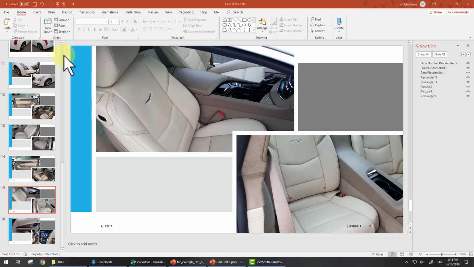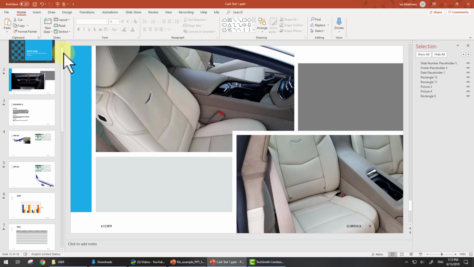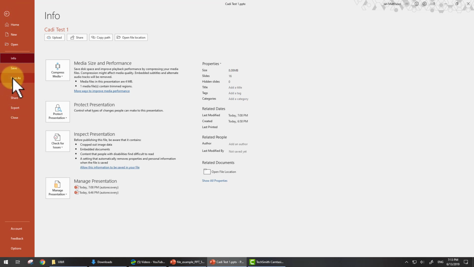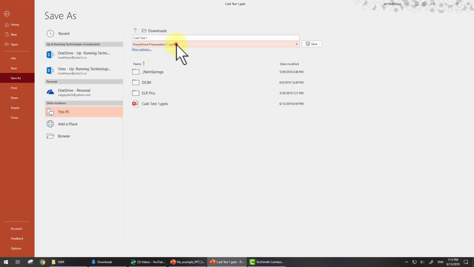And the last thing we're going to show you is Save As Movie. And you think, geez, I know about this. I got to go through and do all the timings. It's a pain. No, you don't. You can click File, and you can go to Export. Now you can go to Save As, and you can select MP4